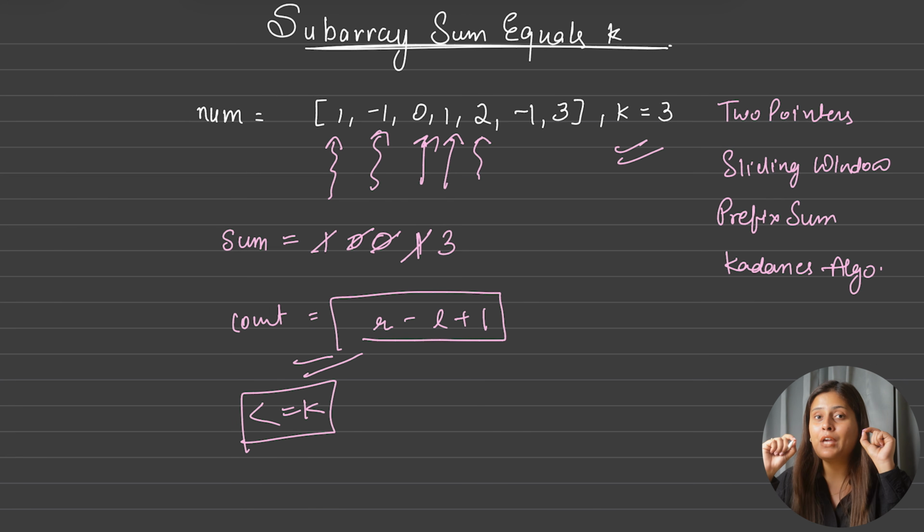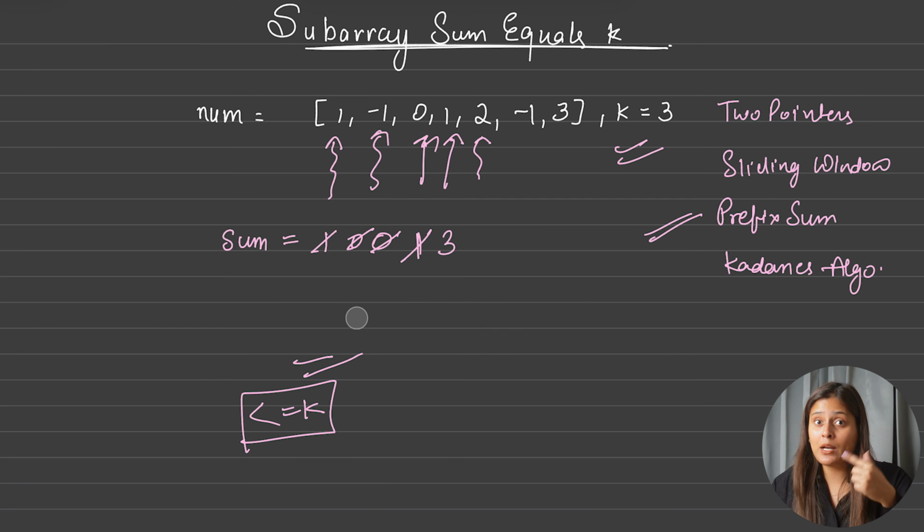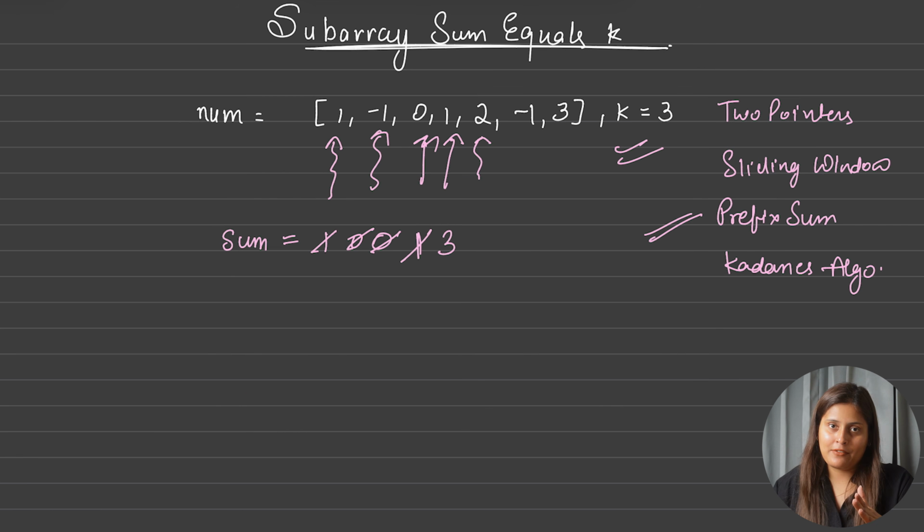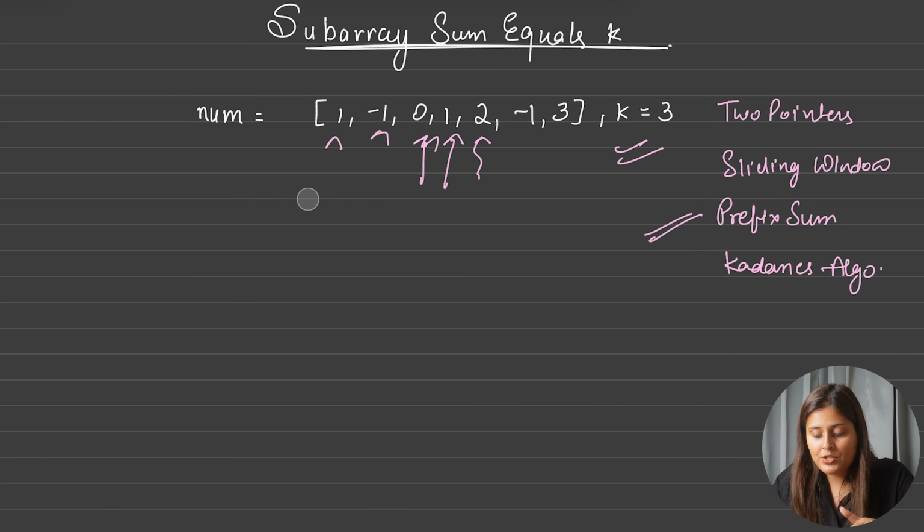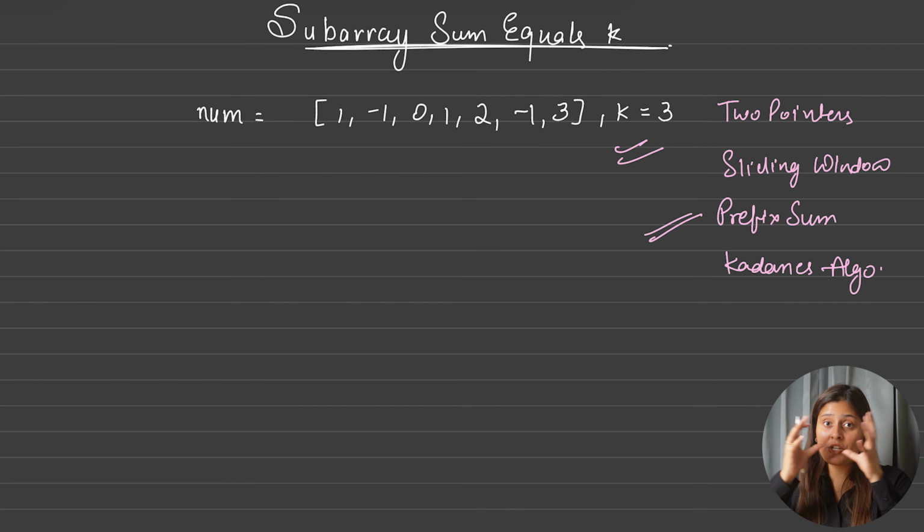And whenever we have to count number of subarrays for exactly k, we always go with prefix sum with hash map, because hash map helps us to count the number of frequencies of the subarrays. So hence that was the proof why we will not go with the length count variable for total number of counting of subarrays, and why not to go with the sliding window also. So we will do the summation, but whatever summation we will get, that we will store as a key in the hash map. Let's see how that will help us.